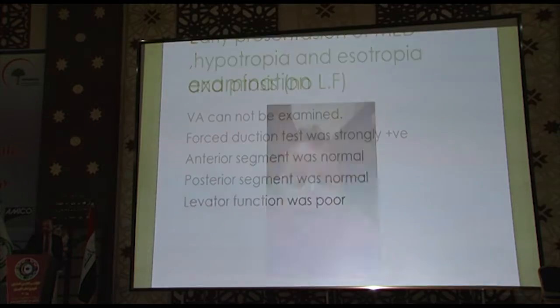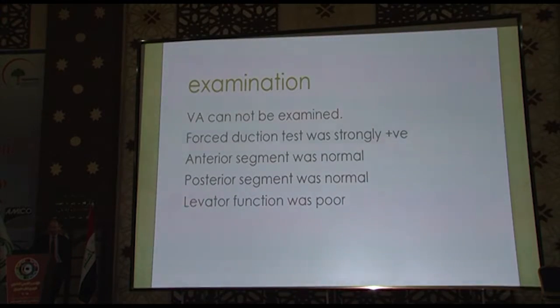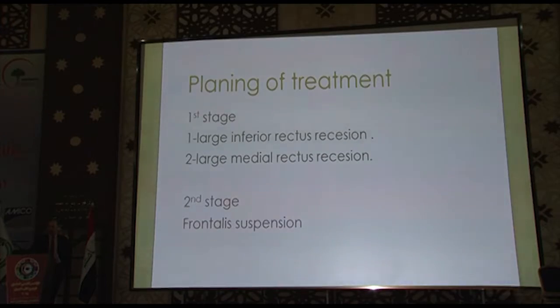Really, what I plan to do for this patient: visual acuity cannot be examined, as the patient is not cooperative. The forced duction test was strongly positive. The anterior and posterior segments look normal, and the levator function is null. So what is my planning is to do